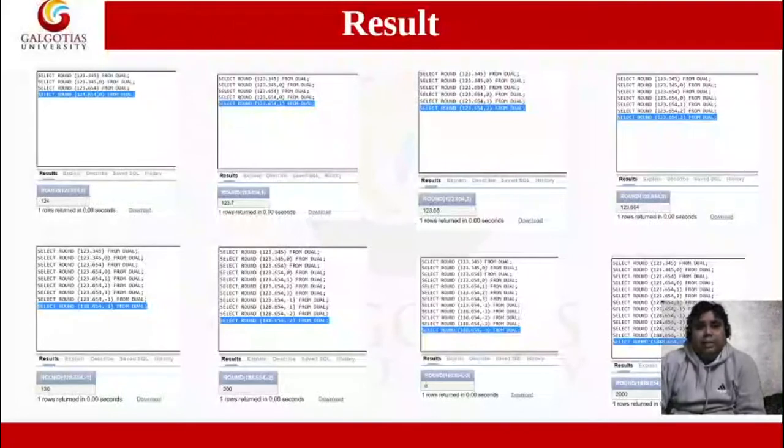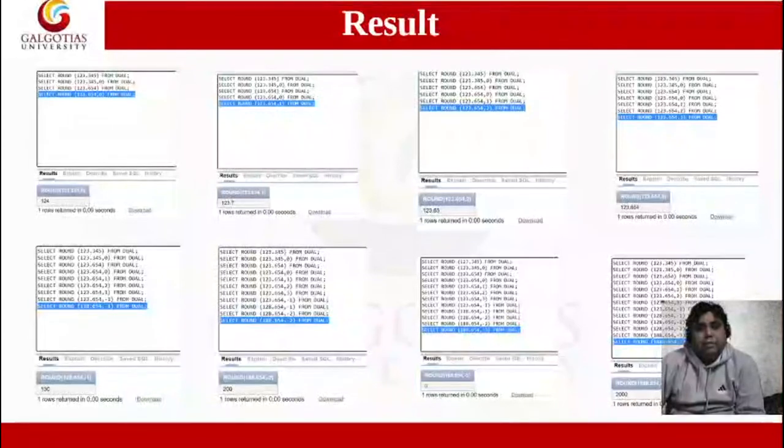Let's discuss one by one and see the output. First of all, select round 123.345 from dual. Then the output is 123. All of you are aware of this.